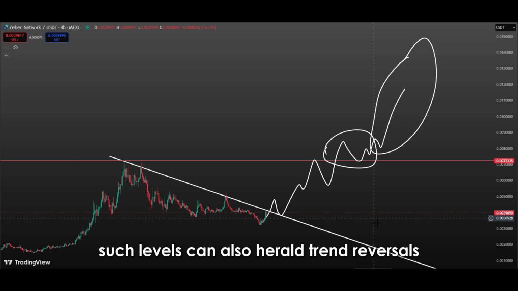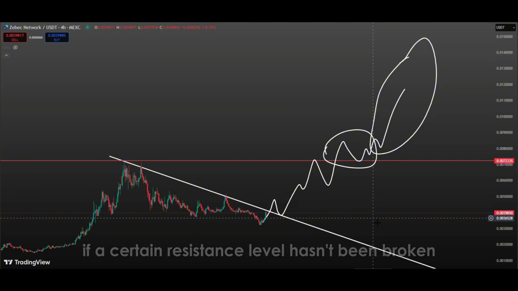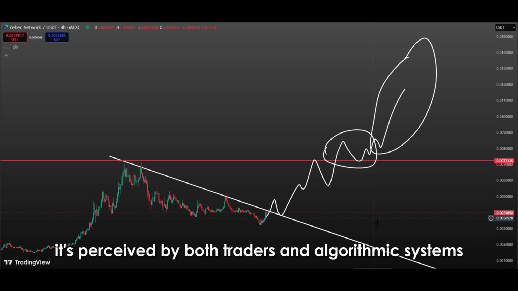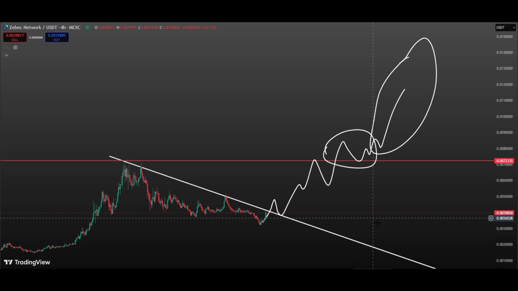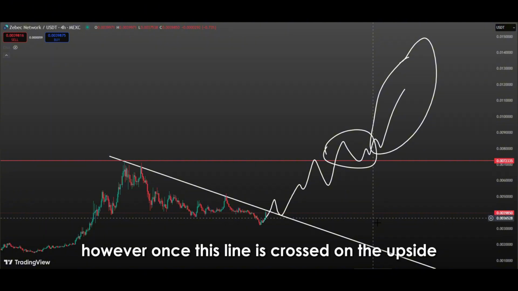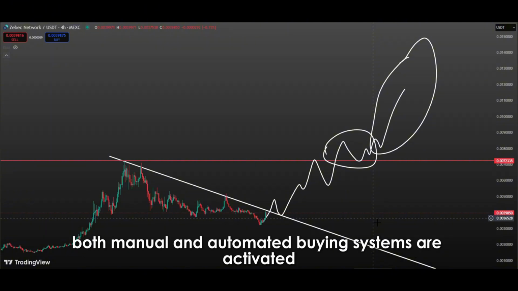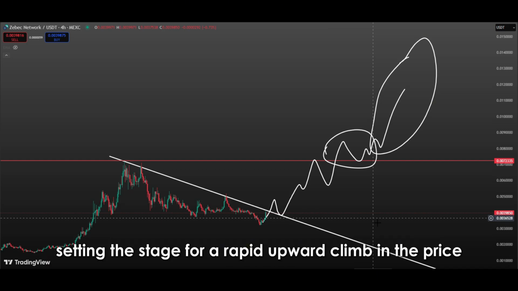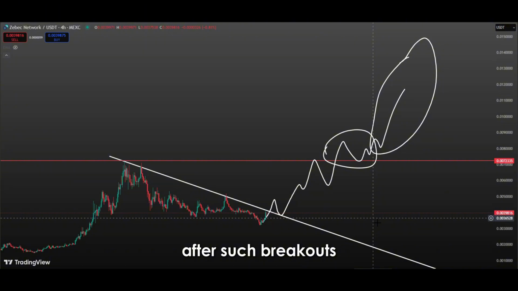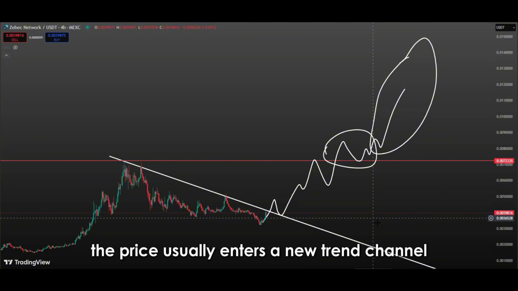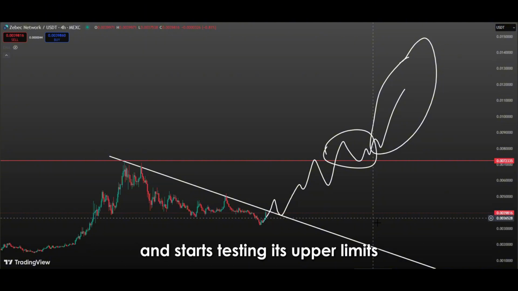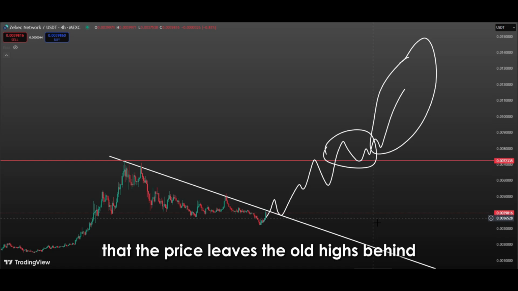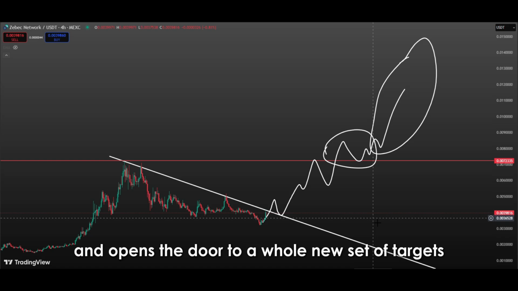Such levels can also herald trend reversals, because if a certain resistance level hasn't been broken for a long time, it's perceived by both traders and algorithmic systems as the end of the uptrend. However, once this line is crossed on the upside, both manual and automated buying systems are activated, setting the stage for a rapid upward climb in the price. After such breakouts, the price usually enters a new trend channel and starts testing its upper limits. It is at this stage that the price leaves the old highs behind and opens the door to a whole